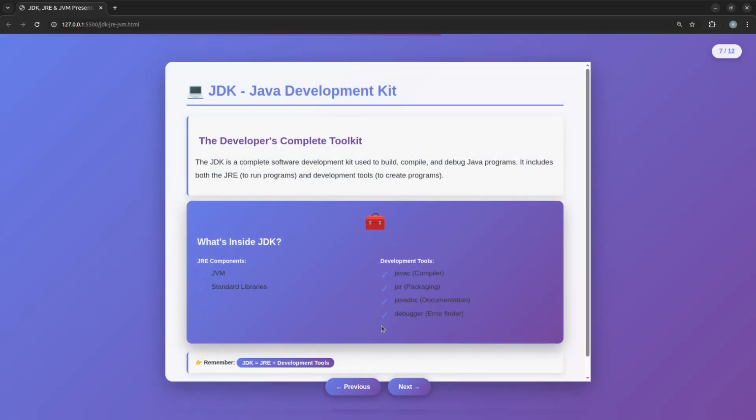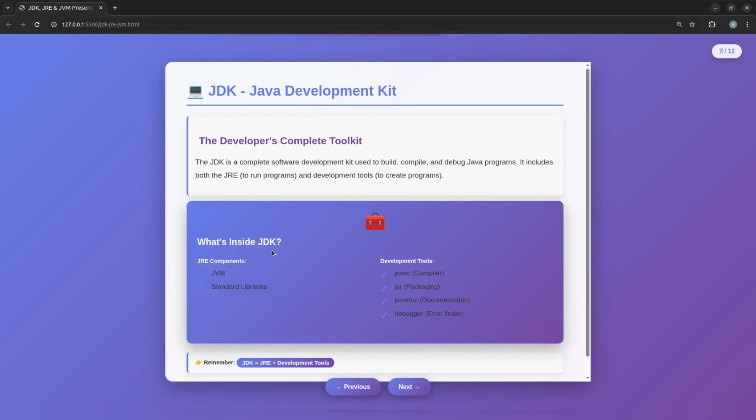JDK. The JDK means Java Development Kit. It is a complete software development kit used to build, compile, and debug Java programs. It includes both the JRE to run programs and development tools to create programs.